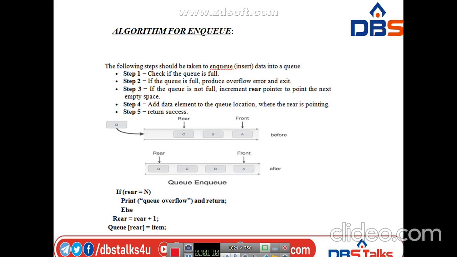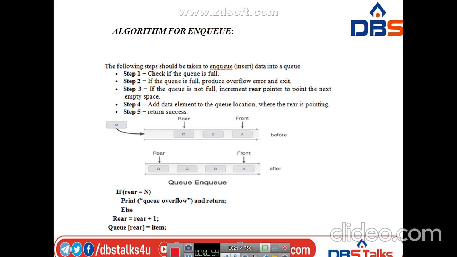In stack operations also, we wrote the algorithms for push and pop. Here it is the same, we are going to write the algorithms for NQ and DQ. If I am going to insert, that is NQ, first of all we check whether the queue is full or not. If the queue is full, I can't insert. Only if the queue is not full do I insert. Whenever I insert an element, the rear position moves, rear equal to rear plus 1. The same logic is implemented here.